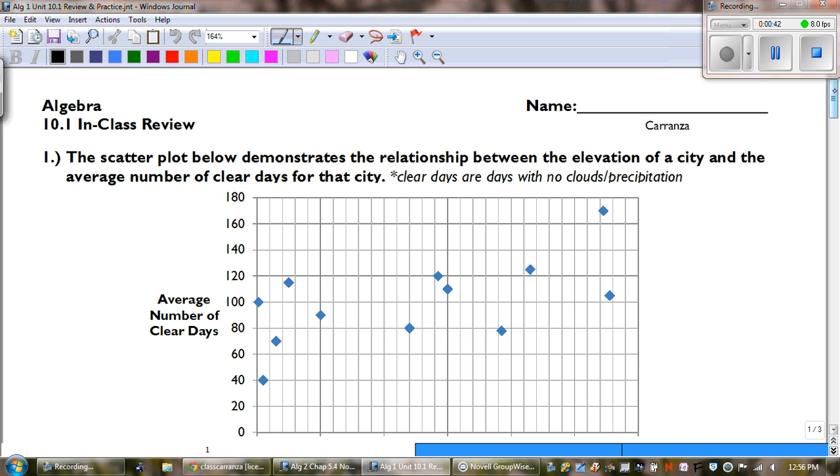Well, do you guys know what elevation is? Elevation normally talks about if this is the sea, and they're saying that different cities are higher than others, okay? So if we have city 1, and we'll say city 2 is up here, the higher it is from the sea level, here's our sea level, it's saying that there are going to be fewer clouds, or that it'll have more clear days, okay? So this graph